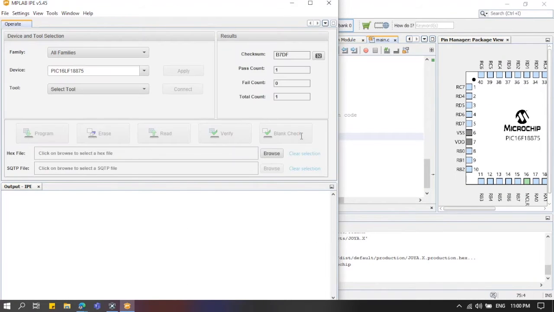Once the application opened, what we're going to do here in this application is to change